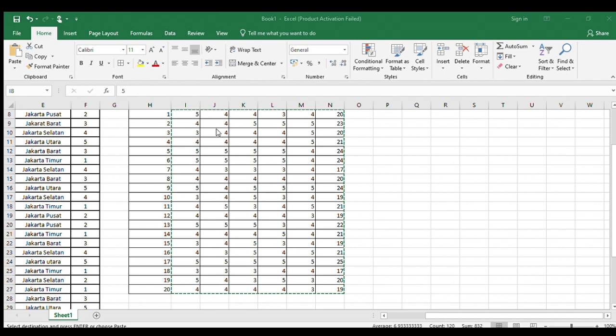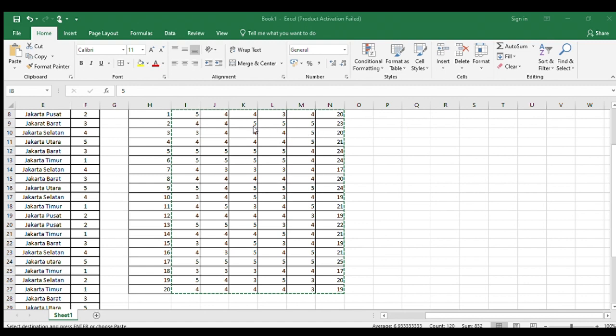Control A, select all items and the total score. Click statistics.